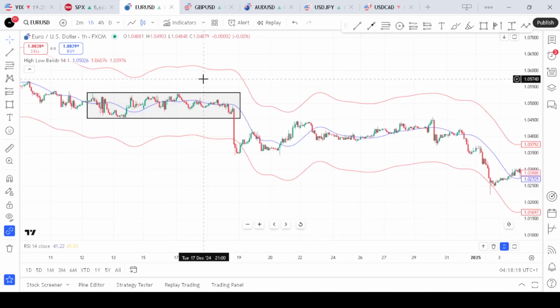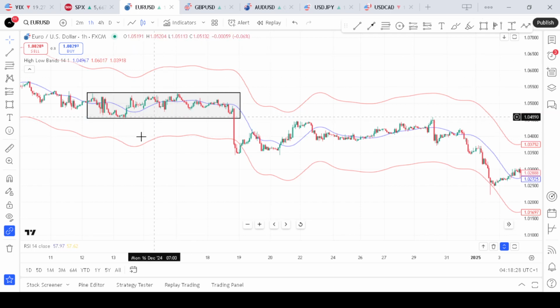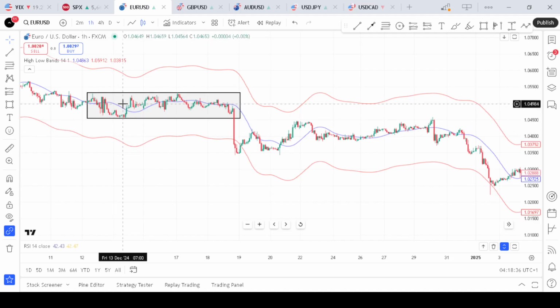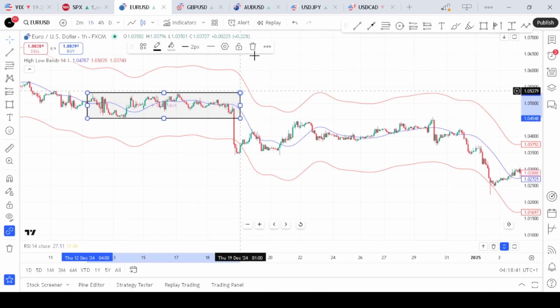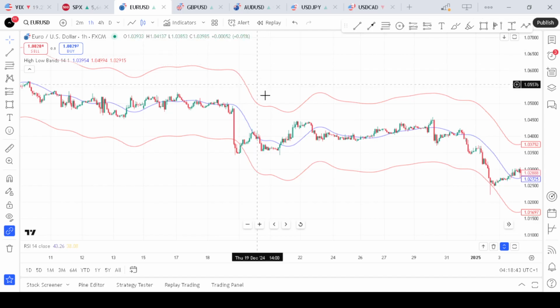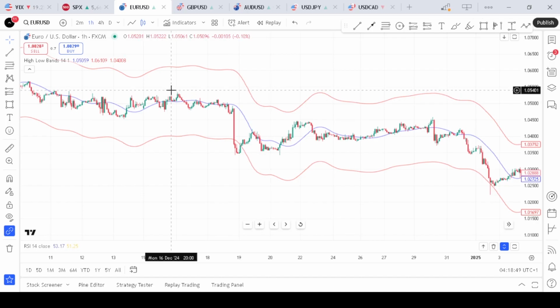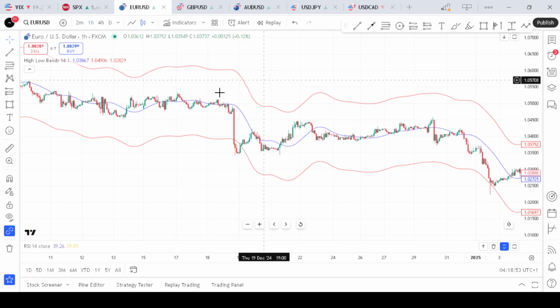Now the second strategy is the reversal trading strategy, and this approach is ideal for identifying overbought and oversold conditions. You have to first wait for price to touch or exceed the upper band for an overbought condition. Then when it touches the lower band, it also signifies an oversold condition. Remember, this reversal trading strategy is to look for reversal signals. So when it touches